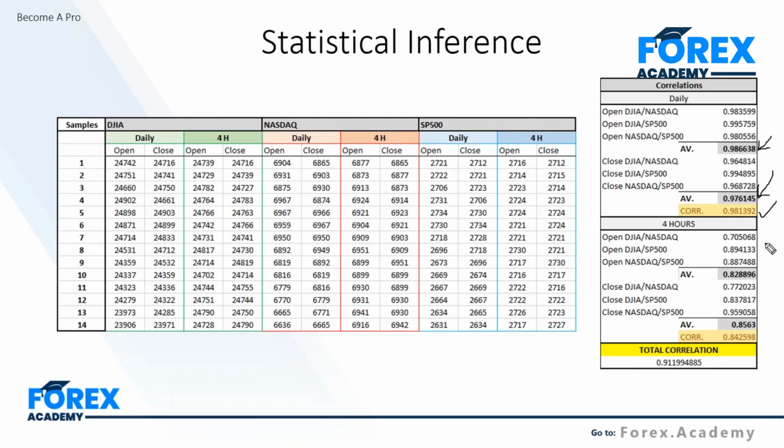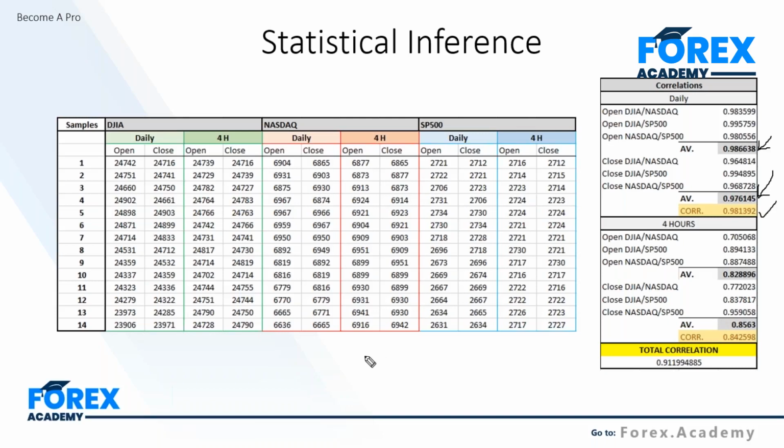Now let's break it down to shorter time periods and see if you can notice something. I'll just ask you a question here as we go down through the sample period of the 4-hour price action for the Dow Jones, the NASDAQ, and the S&P. Can you notice something, guys? And if you do notice it, can you try and explain what sort of factors might play a part in actually causing those figures?